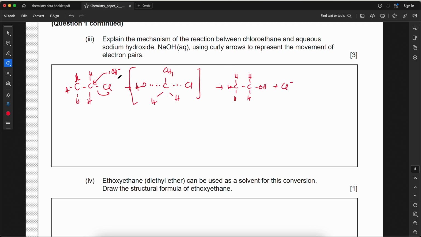So the OH- is a nucleophile that is attracted to carbon and forms the transition